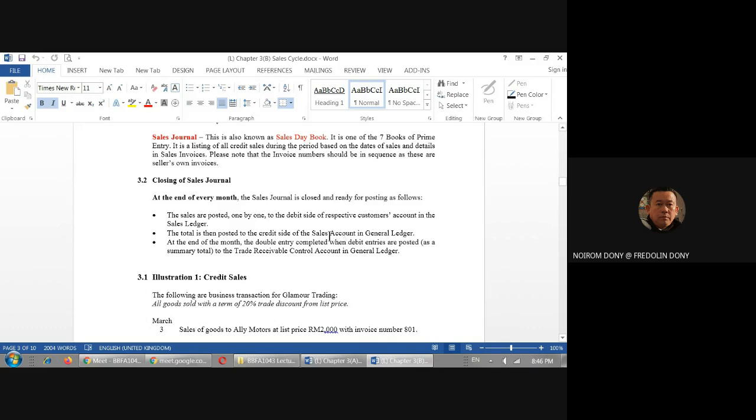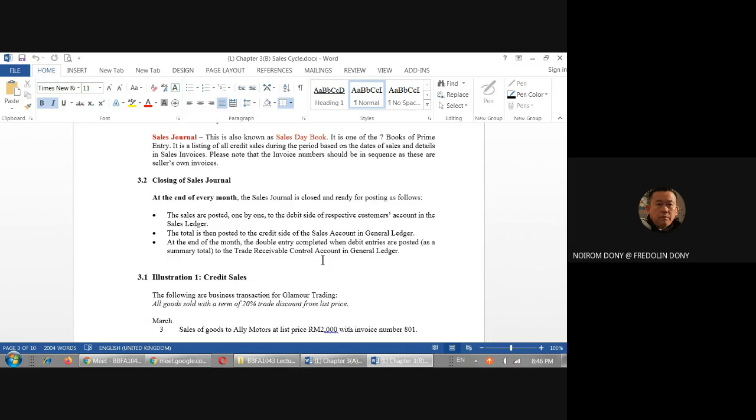And if we credit the sales account, why? Because this is revenue, a credit item. And if for sure it is credit, then the corresponding account must be debit. So you debit trade receivable control account. And the explanation why trade receivable control account is being debited,